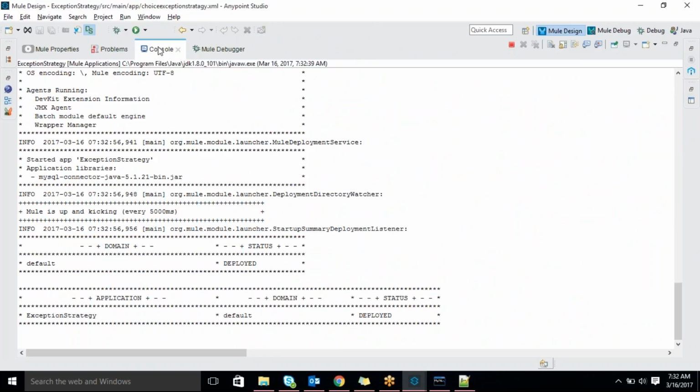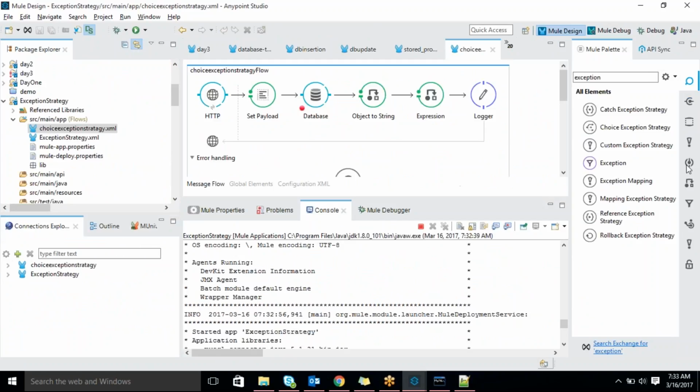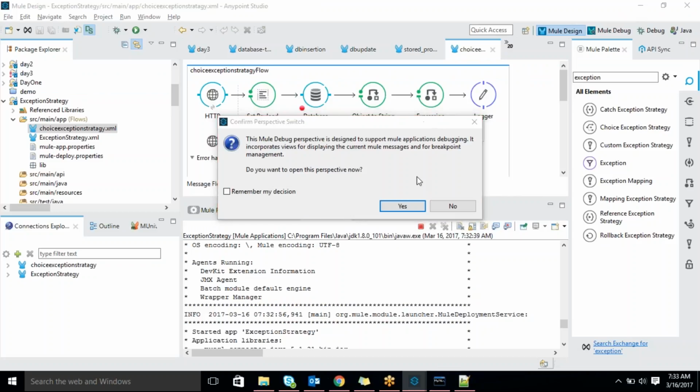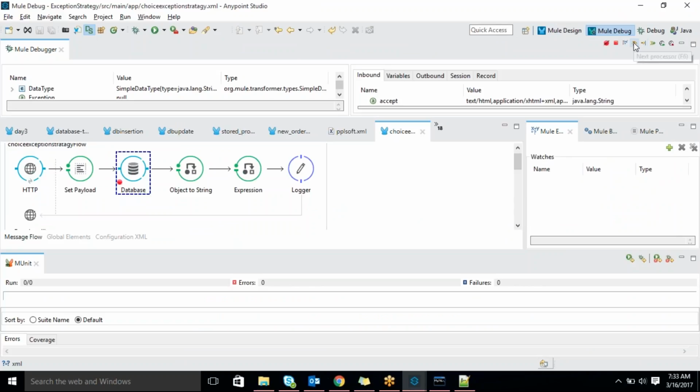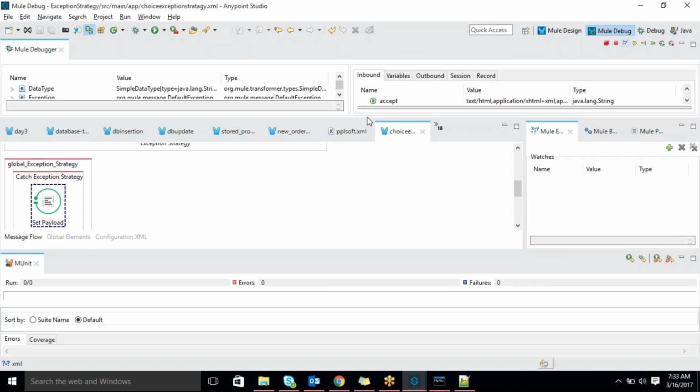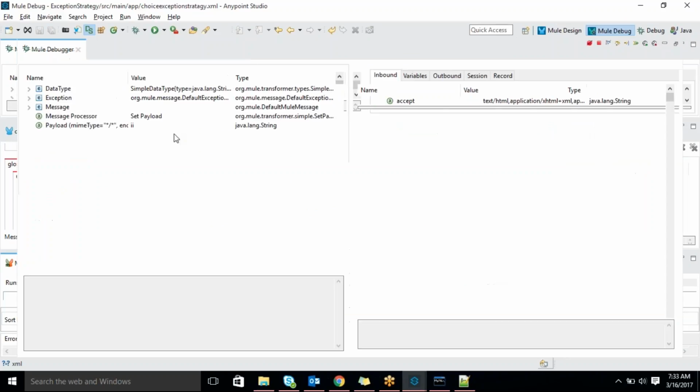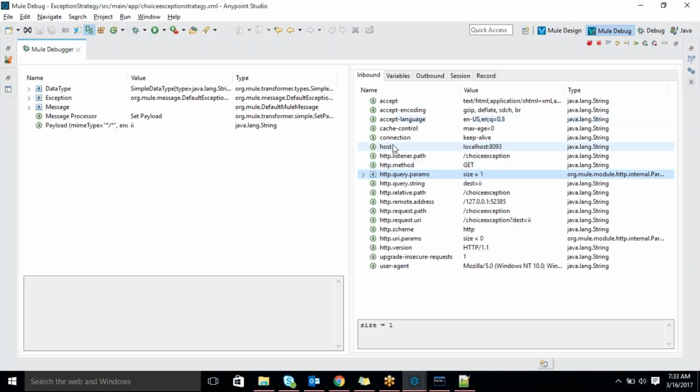Okay, successfully deployed. Hit once again. See where it will come. So okay, click next. See the exception, then